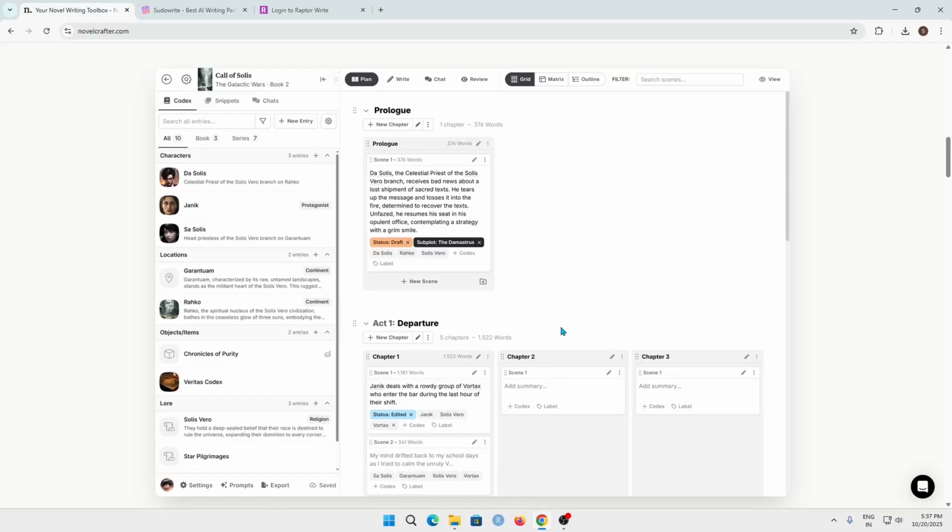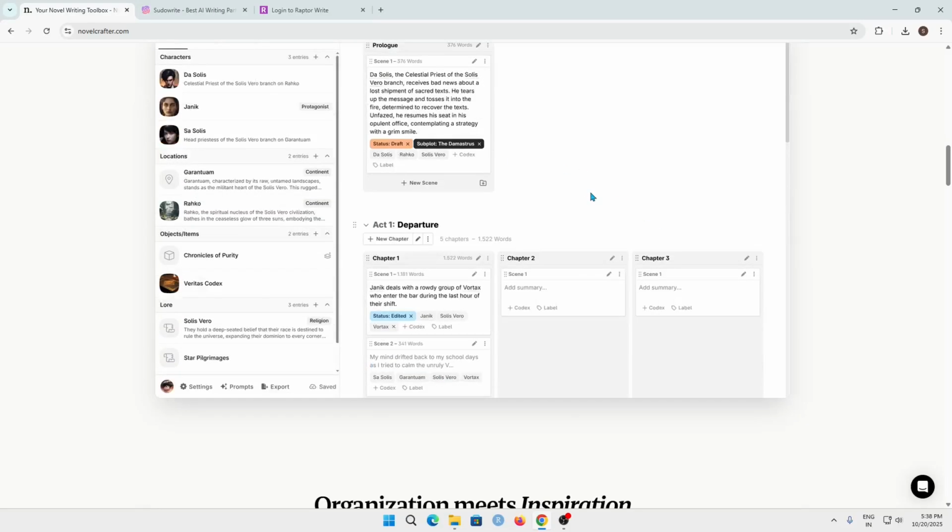As I am not someone who creates a fictional story, I don't know the best about this, but yeah, you can use this website and check out all the tools which are available for you, which will help you out in your next amazing story. So as you can see, there is Act 1 Departure. So this is your first scene of the story and the prologue. And yeah,